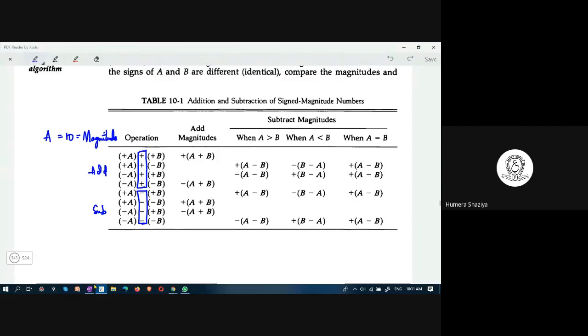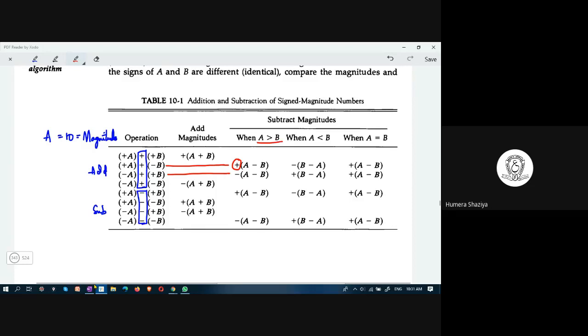Look here now. These red lines. Check out these red lines. What is happening here? Although the operation is plus, there is a minus magnitude. Therefore, it is to be decided what sign the result would take and what operation has to be performed. Because it is plus plus, plus minus, minus minus, you have to perform minus operation. Here also, minus plus, minus minus, plus minus, you have to perform minus operation. And the result would get plus here because A is greater than B.